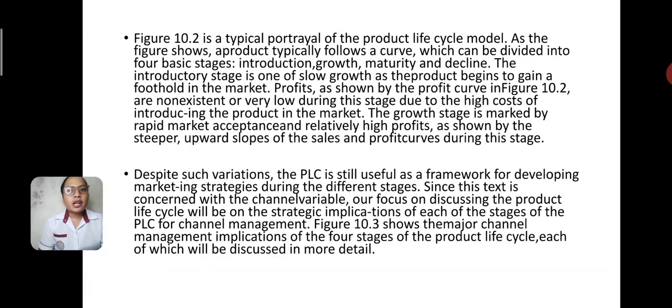The growth stage is marked by rapid market acceptance and relatively high profit, as shown by the steeper upward slope of the sales and profit curves during this stage. Despite such variation, the PLC is still useful as a framework for developing market strategy during the different stages. Since this stage is concerned with the channel variable, our focus in discussing the product life cycle will be on the strategic implication of each stage of the PLC for channel management. It shows the major channel management implications of the first stage of the product life cycle, each of which will be discussed